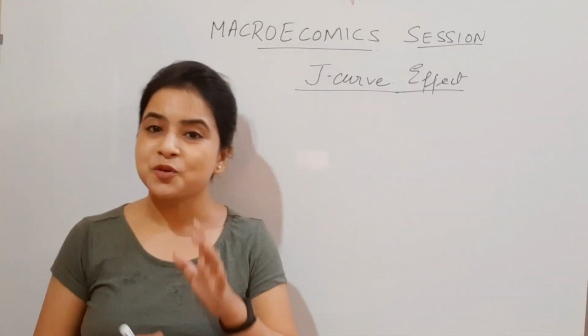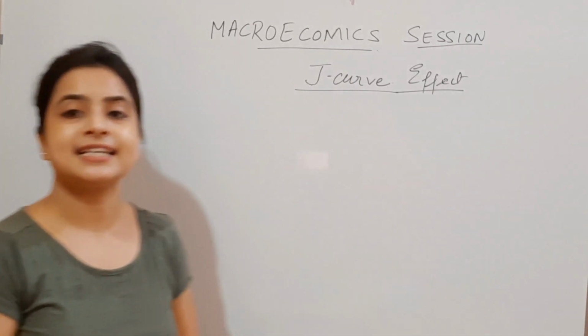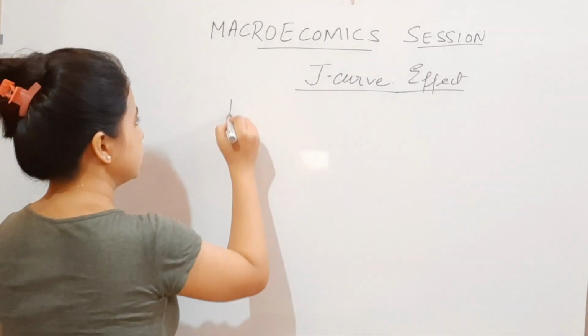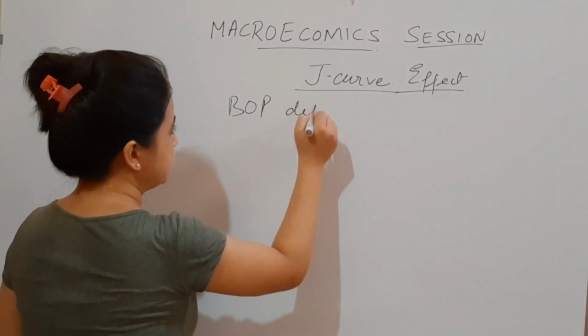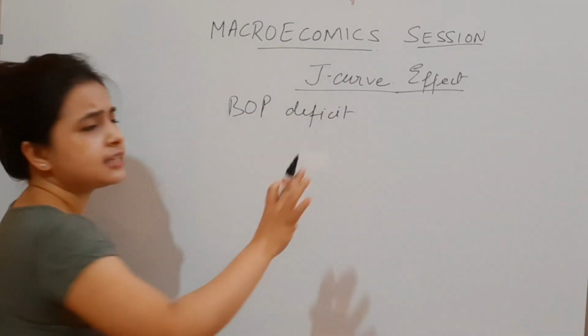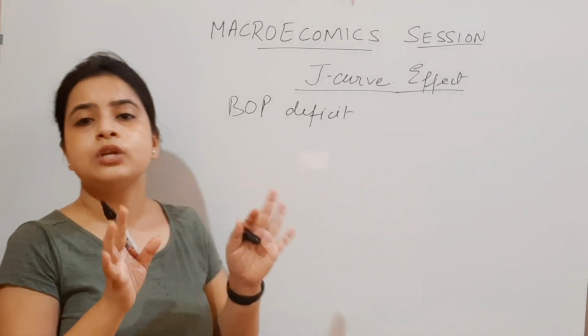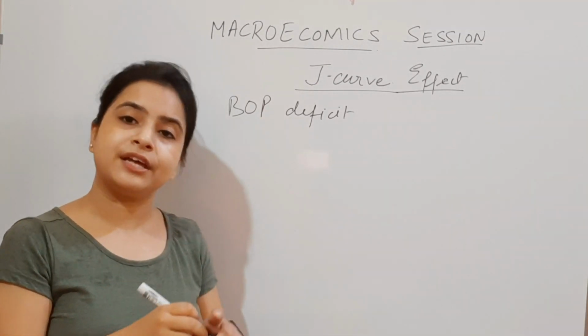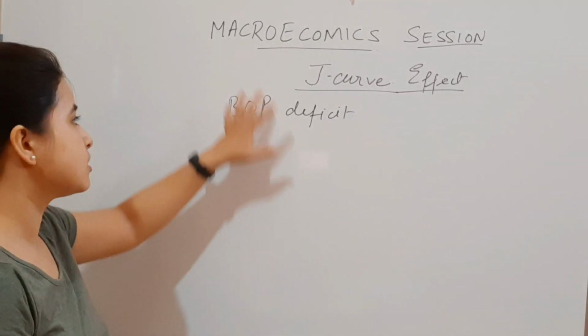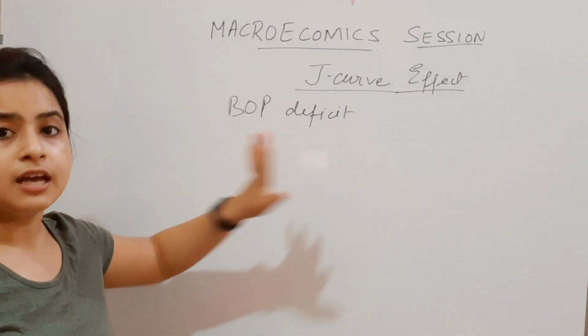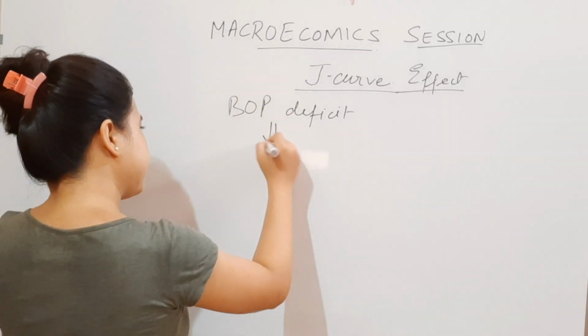All right. So starting with the situation, let's say there is a BOP deficit. Doesn't matter. We don't know, let's say, on which account there is a deficit. Let us just focus that there is a BOP deficit. So this means what? This can happen due to